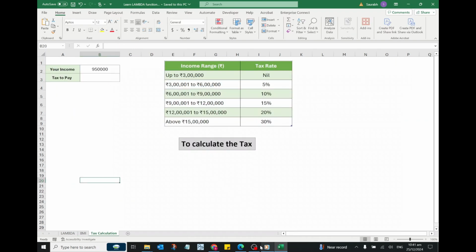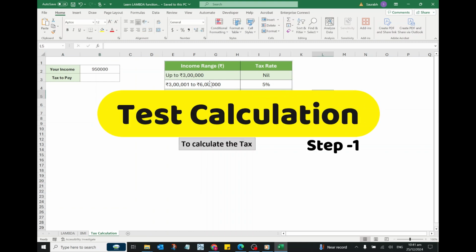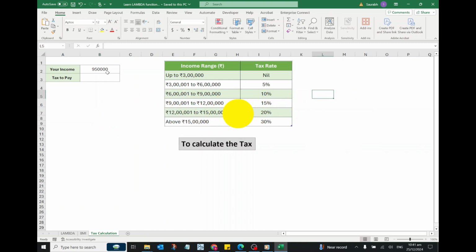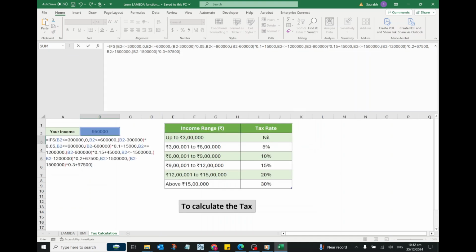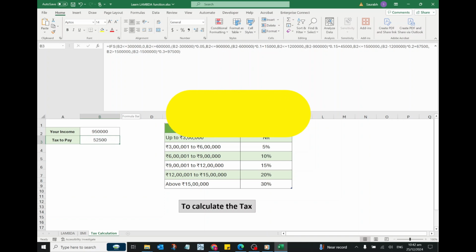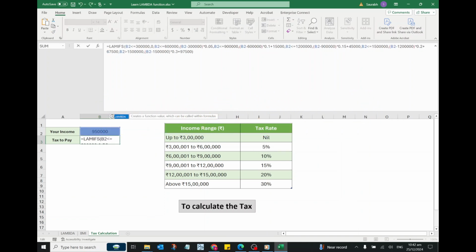Let's check another example where tax slabs are given and we would like to calculate the tax of the given income. So first we will create the formula for the calculation part. In cell B3, type the required formula. I have copied the IFS formula based on the given tax slabs. The next step is to create the lambda in Excel. So after the equals sign, type